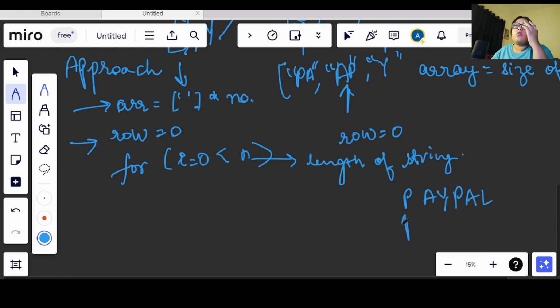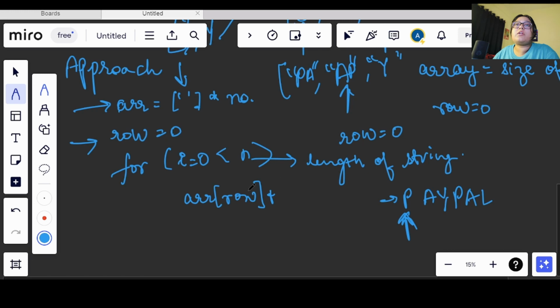Okay, now we have the zeroth row, like zeroth index, and I need to insert this P on the zeroth row, and on the 0th index in the array, right? So for that, I will take the array, and in the row value I will insert this string value.